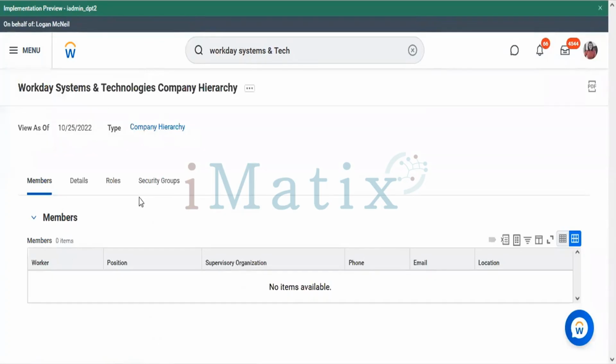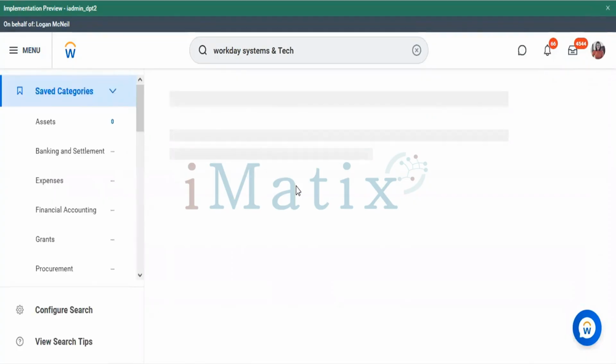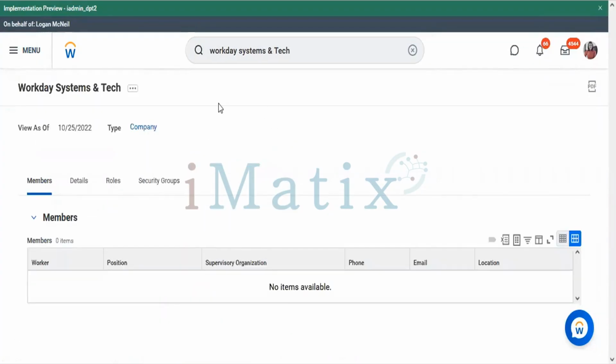This is a company hierarchy that we have created. Yesterday we did not assign this to hierarchies.